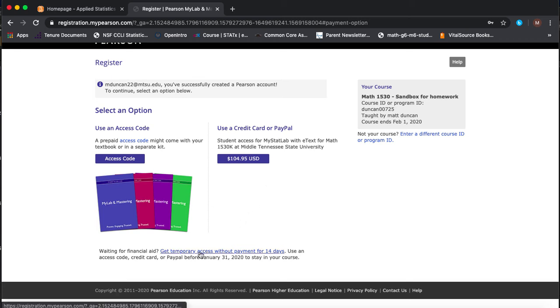Here's the temporary access link that I'm talking about. Please click that today. Unless you're going to the bookstore to buy your access, go ahead and click this today so you can have access to MyStatLab and go ahead and get started if you want on your homework. Okay, after you do that, after you get registered,